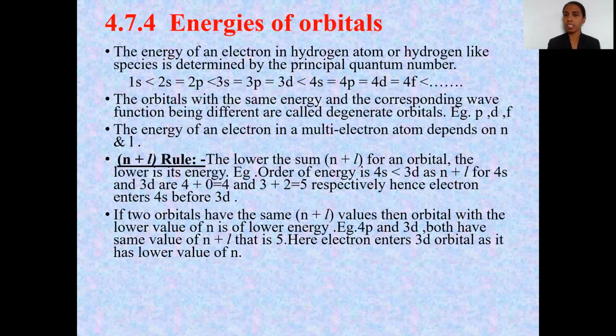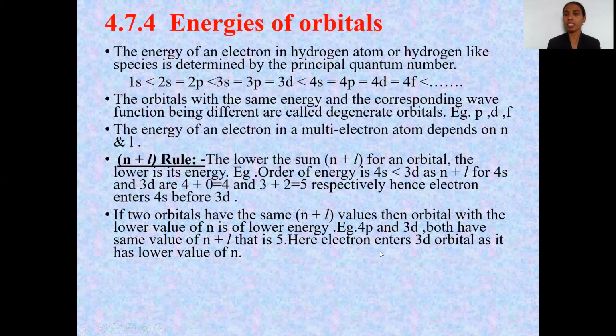मीन्स 4p and 3d ऑर्बिटलसाठी n प्लस l व्हॅल्यू काय येत आहेत, तर 5 येत आहेत, म्हणजे दोन्हीसाठी सेम आली. इफ n प्लस l व्हॅल्यू सेम आली, तर आपण काय म्हणतो की देन द ऑर्बिटल विथ द लोअर व्हॅल्यू ऑफ n इज द लोअर एनर्जी. मग लोअर n व्हॅल्यू कुठली आहे, तर 3. मीन्स द एनर्जी ऑफ द 3d ऑर्बिटल इज lower than the 4p